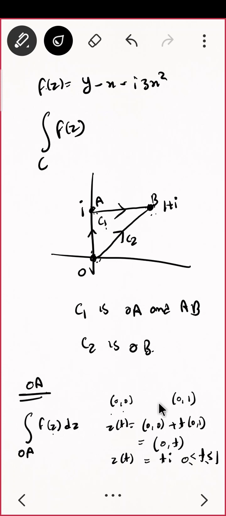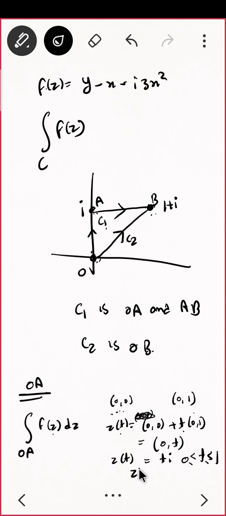You are given 2 points. Correct? And we already know, we have done many questions on this. You are having 2 points, so how to get the parameterization? Correct? One is 1 minus t and the second is t, it goes like this. But in that case it was easy. I just need to observe something: if I put t equal to 0, I need this guy, so I gave t to this one. If I put t equal to 1, this should vanish, but this is already 0, so that is not an issue. Otherwise here I would write 1 minus t into this, but it makes no difference because this is 0, so no issue. Okay. So you are having z of t as ti.